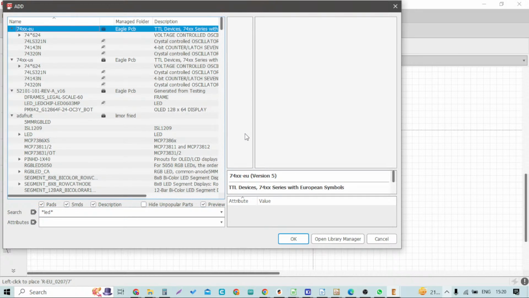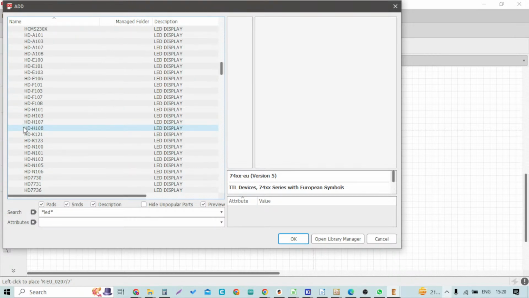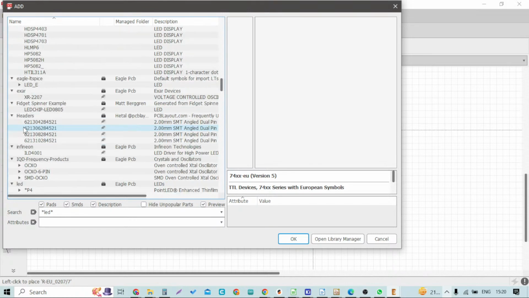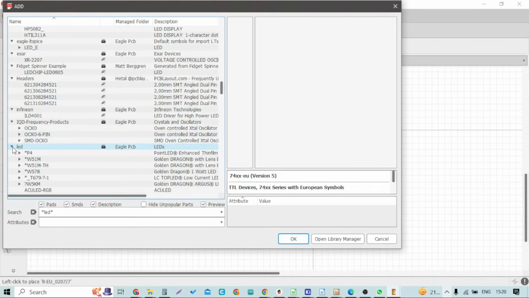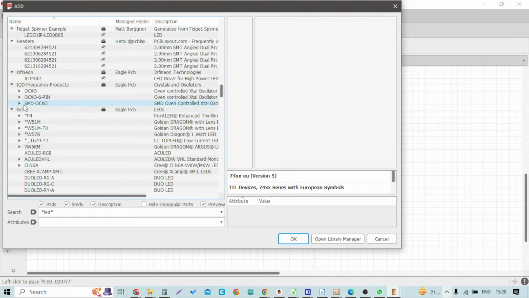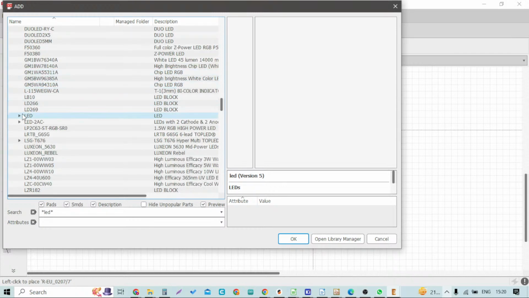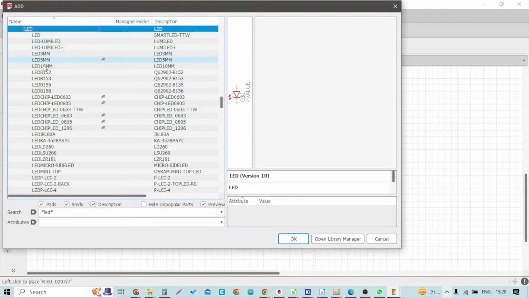So star LED star we have searched, and in this case, as you can see, there are multiple libraries that are available, and I hope you are able to find this library. It is named LED, and in this LED library, since the managed folder is under EAGLE PCB, you all will be able to see this library because EAGLE itself provides this library. So in LED part, just go down and you can see there is a sub library named LED. So once you go to LED, you will be able to select the LED